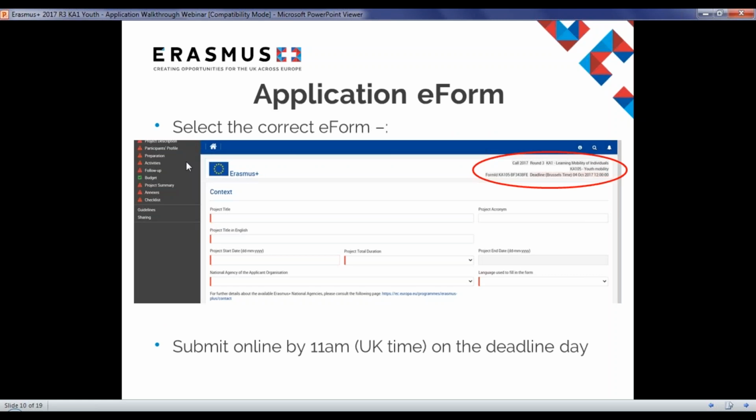After you've finished with the pre-application steps, you can move on to the application form itself. The application form is now a web-based application which we'll call the e-form going forward. The e-form will need to be submitted online by the applicant organisation by the deadline. Please keep in mind that this is 11 AM UK time, as the deadline for applications is 12 PM Brussels